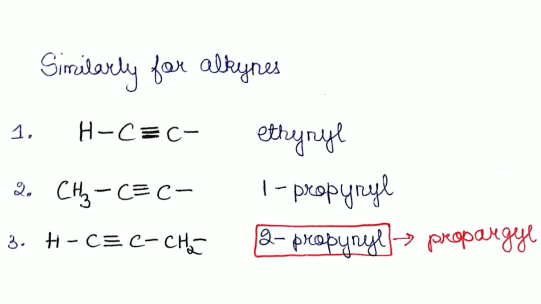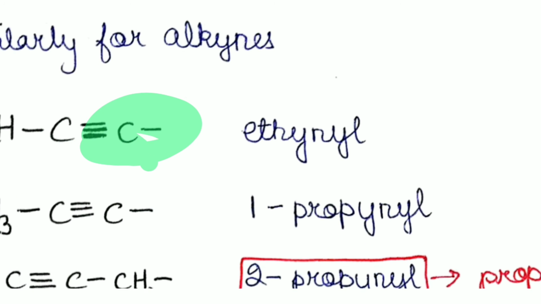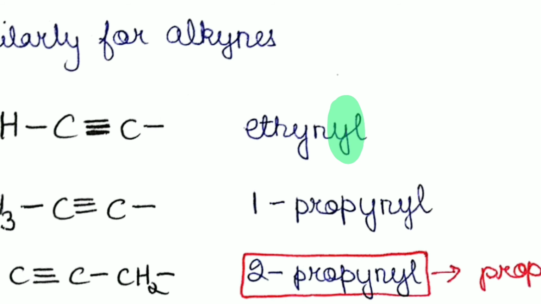So guys, we name our unsaturated substituents having a triple bond also in a similar manner. Here we have C2H as the formula for this compound, but it would have been C2H2, and we have just removed 1 hydrogen atom from this very formula of C2H2, which would have given us ethyne. So basically we are going to remove the E at the end of ethyne and replace it with YL, and we get our substituent, which is called ethynyl.